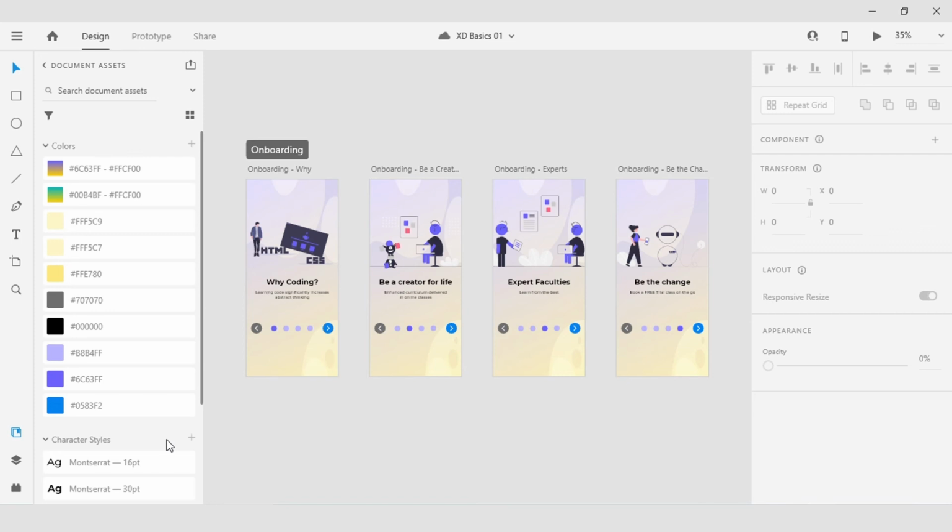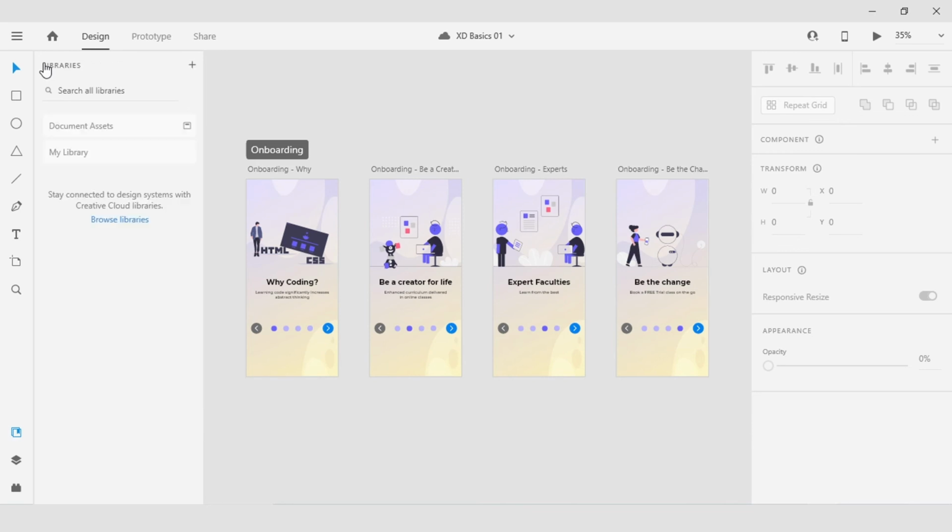The big difference that you are going to see with the new Libraries panel as it compares to the Assets panel is that you can click here on the upper left hand corner and come up a level in the Libraries panel. This allows you to save out a library, browse and bring in libraries, and share libraries with others. That's all managed here from this interface. So if you want to go back to the assets that I have defined for this particular file, you can do that by clicking on Document Assets.